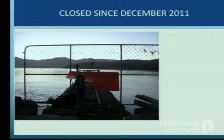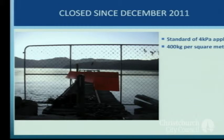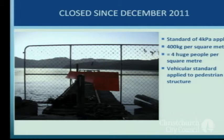But here's the sorry sight since December 2011, this horrible gate put across it, and it's closed, and we're not allowed to use it anymore. And the reason is because a 4 kilopascal pressure standard is being applied to that wharf. What that means is 400 kilograms per square metre of pressure. That's 4 huge people per square metre, or 5.5 of me, the average New Zealand woman, per square metre of that wharf. So what we've got is a vehicular standard being applied to a pedestrian structure,